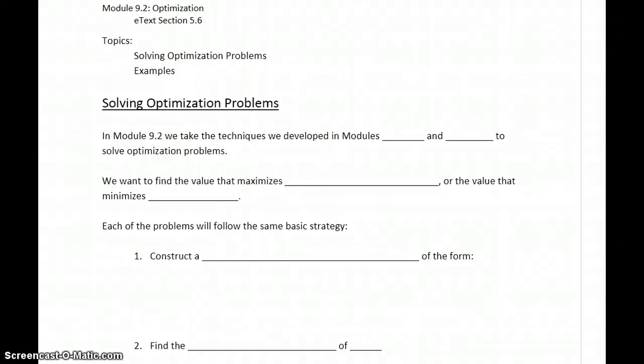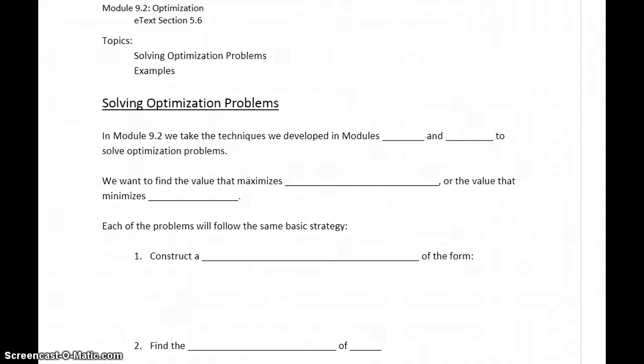The last several modules have been focused on a lot of theory, figuring out how to work different types of problems to find extrema, whether local or absolute. Now in Module 9.2, we really get to start tying all of that theory together to look again at some important application problems. We're going to be looking at concepts from several of the different modules that we've covered,